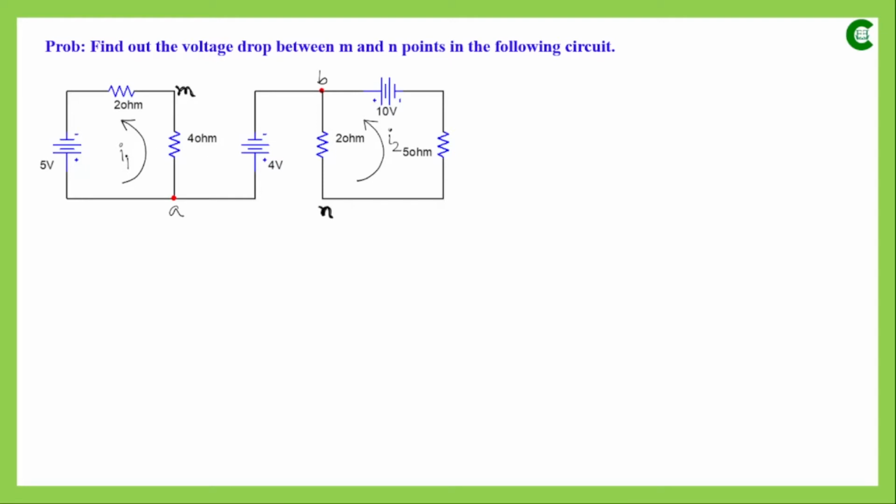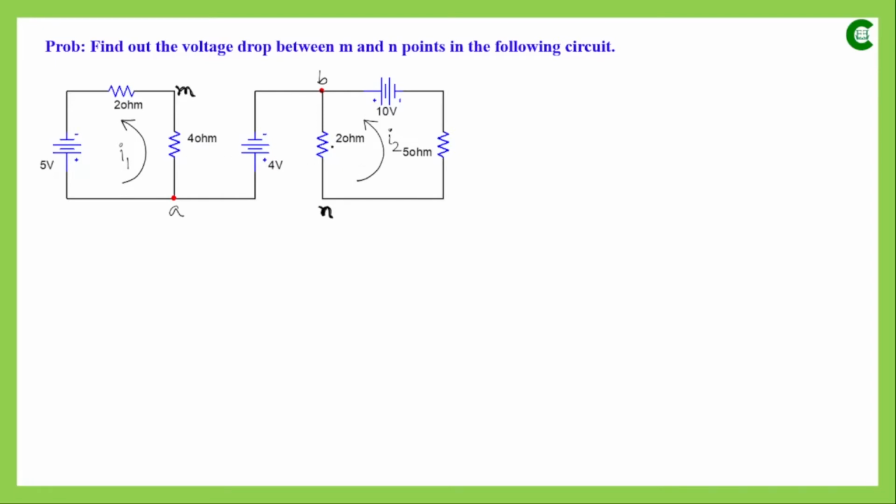So I1 is the current flowing only within this loop, with the direction anti-clockwise as per our assumption, and I2 is the current flowing only within this loop, and again the direction is anti-clockwise. So let's first solve these 2 individual loops and find the values of I1 and I2,